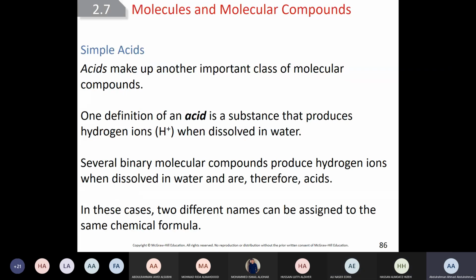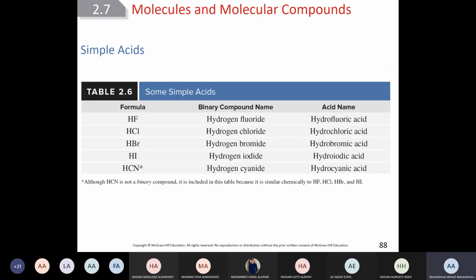Now, what's the meaning of acid? A compound that includes H, hydrogen, and gives H plus ion in water. That's important. It gives H plus in water. That's acid. Is this clear? Good. Yes. Now I want you to look at this table very well. First, let's start with